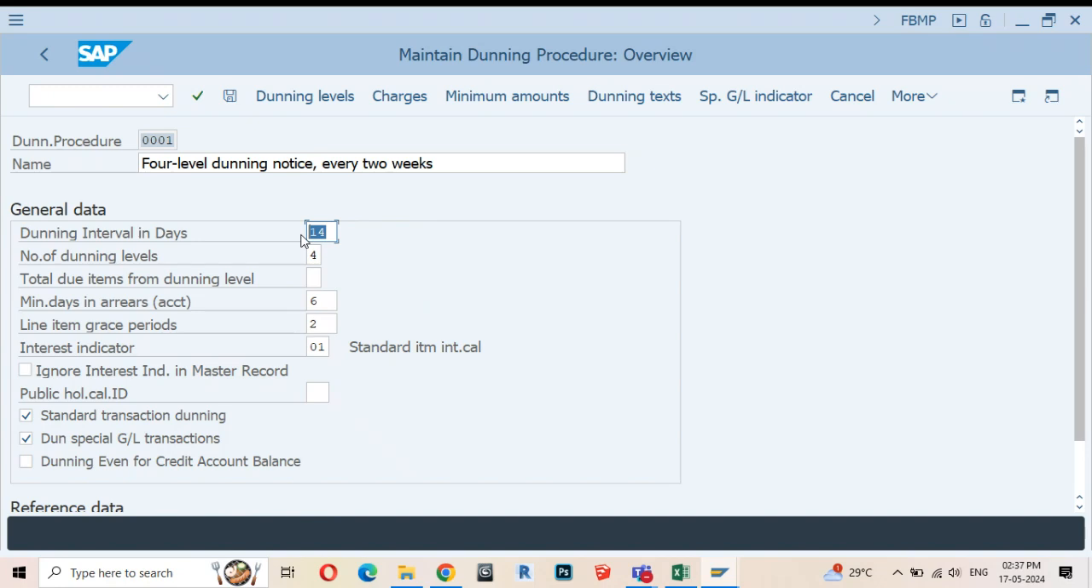How many times are you going to remind a customer? That is mentioned in your number of dunning levels. So you cannot keep going on sending reminders, right? So you will stop at some stage. So normally in your live projects, actually the third level of dunning itself is very serious,